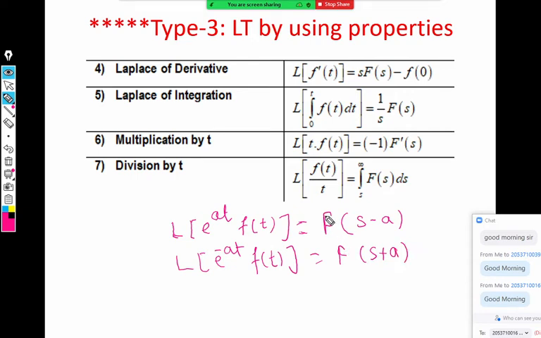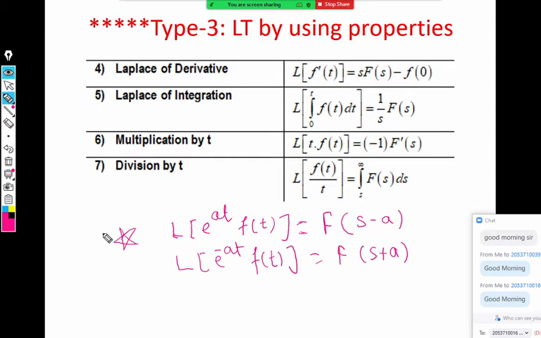What is actually the capital F function? Capital F function is the Laplace of that f of t. So Laplace of f of t is capital F of s. Then Laplace of e raised to at into f of t is F of s minus a. So this is the important result that we require a number of times. Generally we require only these two properties. The second shifting is not so important, so we'll not discuss it again.